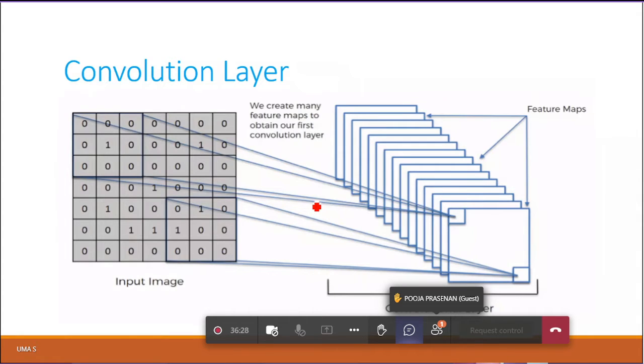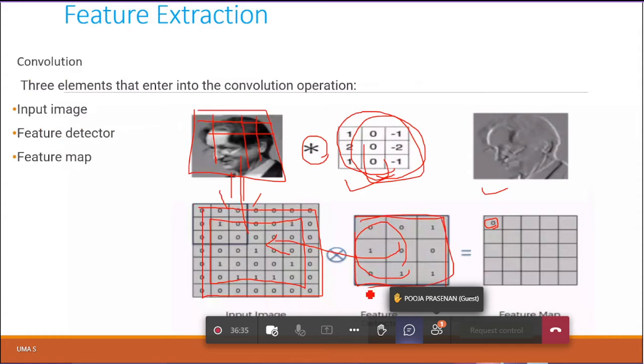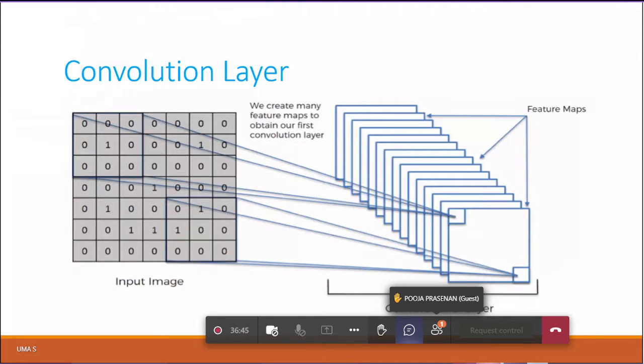So this is a convolution layer. I showed only one filter previously, but in the backend we have n number of filters, and I have to use those filters. The filters decide the depth of your images, what size you are going to process. So we have the input images according to your padding, and the n number of filters will each extract features. One filter can extract the edges, one can extract the lines, one can extract the boundaries, one can extract the regions. So each filter extracts different kinds of features.